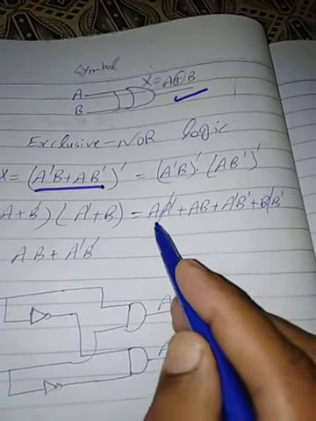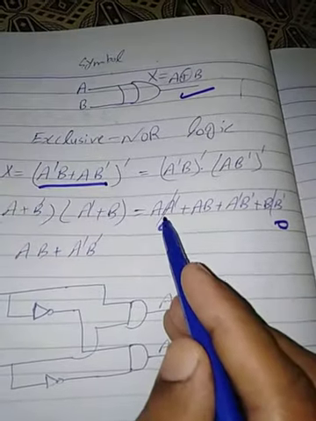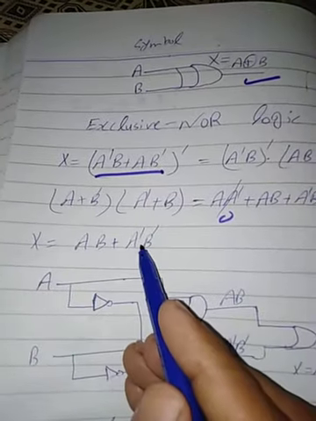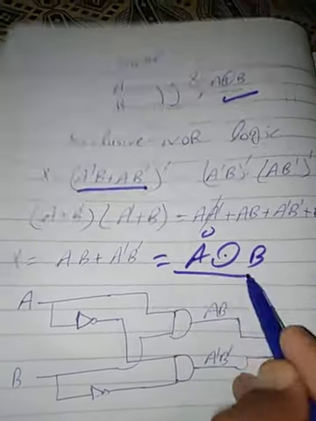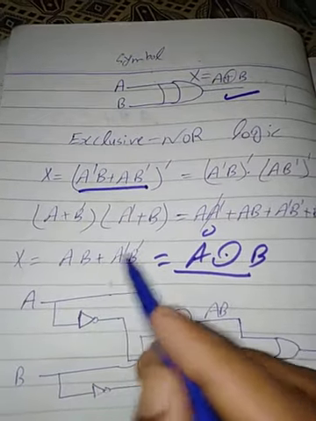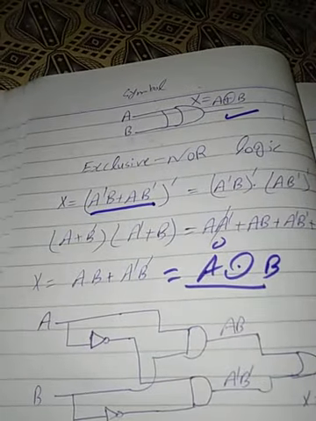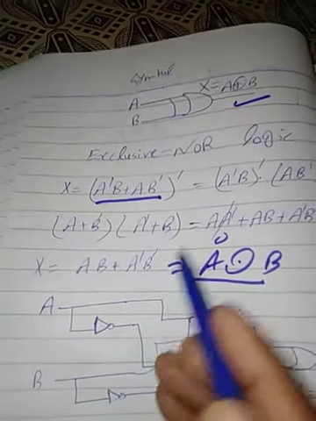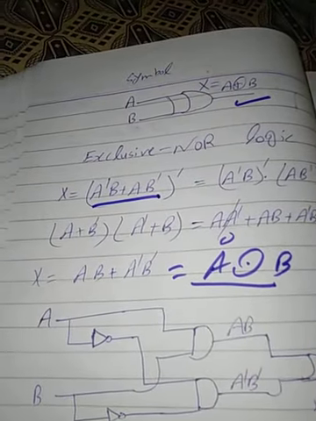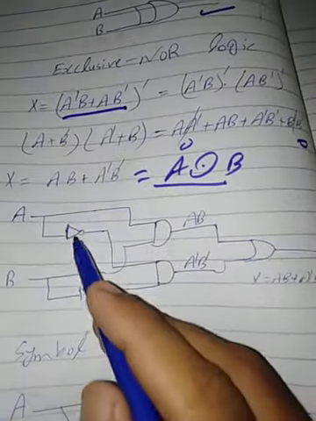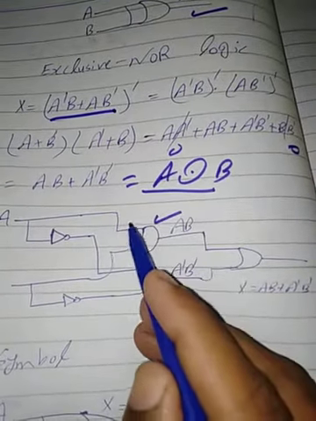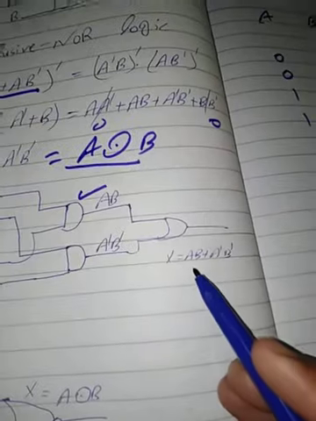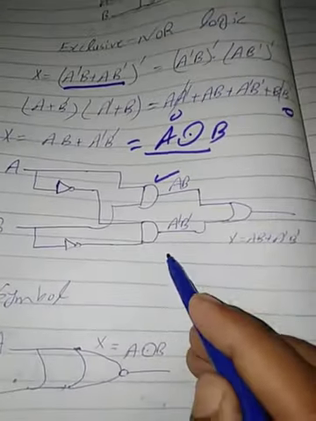This cancels because A into A complement is 0, B into B complement is 0, and the expression is AB plus A complement B complement. In other words, I write its expression as both simple plus both complement. This is the opposite of exclusive OR. If I take an invert of this expression, then there will be an expression of exclusive OR. I use a logic diagram. Then I invert both A and B. I take A simple B simple, A complement B complement, and the expression is AB plus A complement B complement. This is the logic diagram of exclusive NOR.